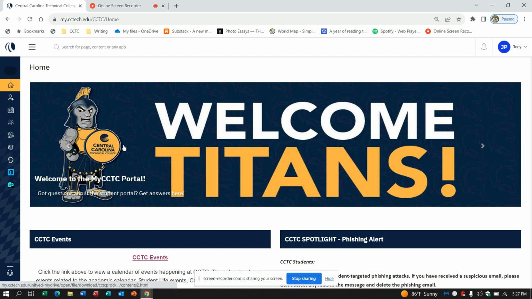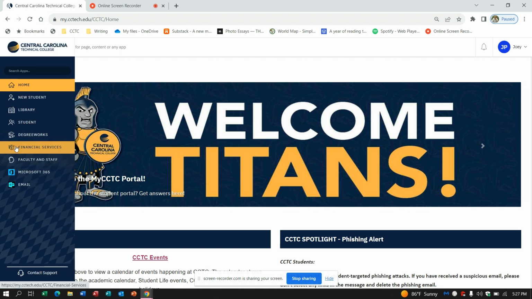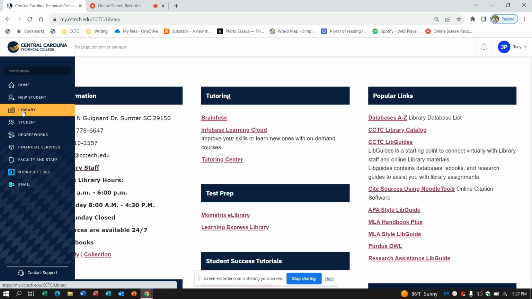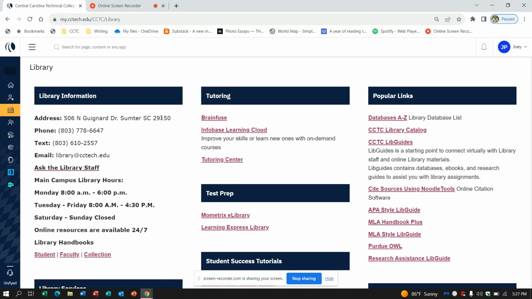So I'm logged into my CCTC here. On the left-hand side of the screen, I'm going to click on the Library tab, and that will bring me here. There's a lot of good research resources here in the library tab, so I encourage you to take some time to explore here. But today we're going to click on the databases A to Z link,